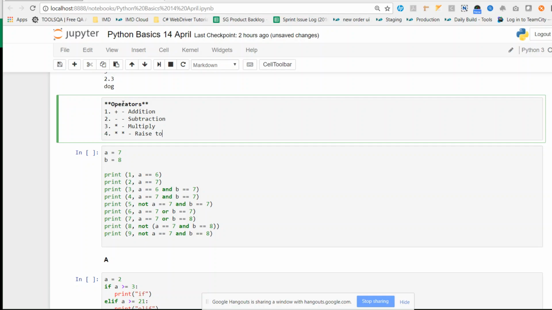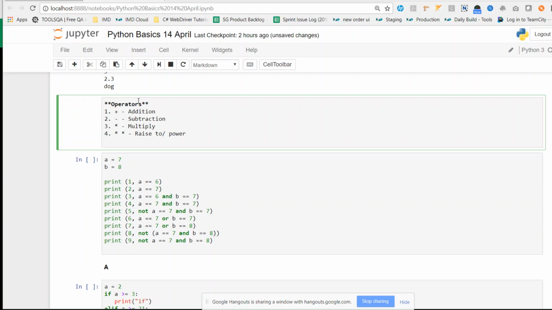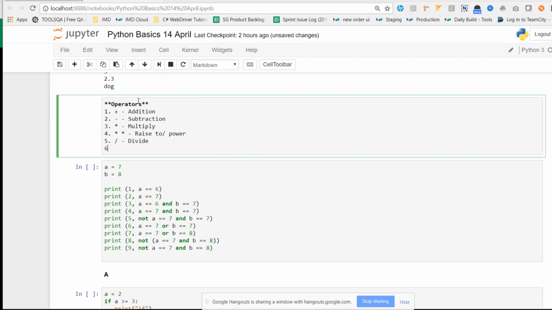Double asterisk is for raise to, or for power. Divide. Floor divide, rarely used.